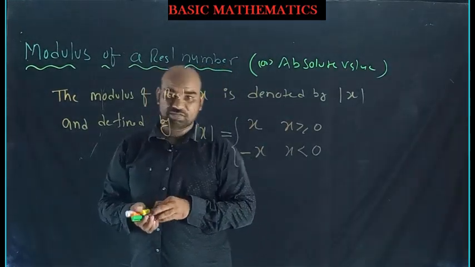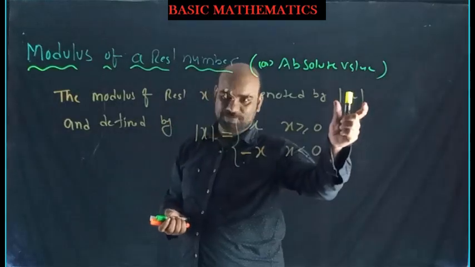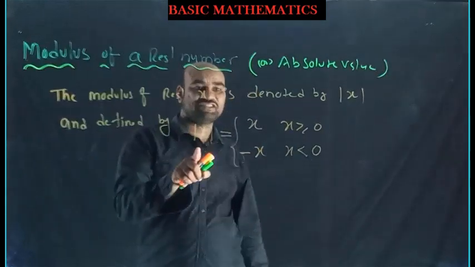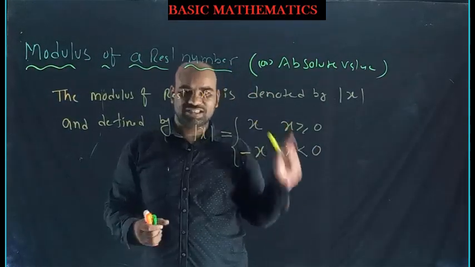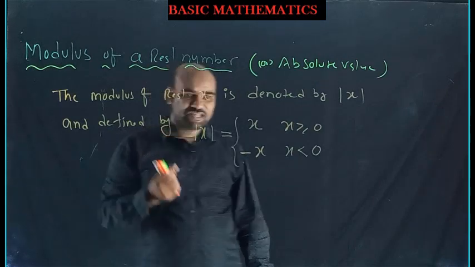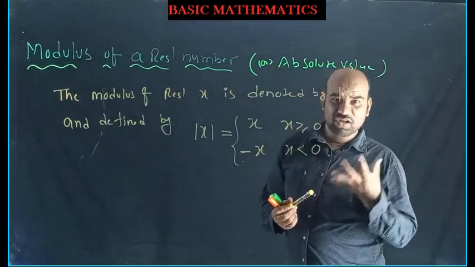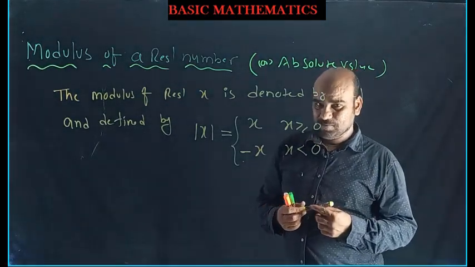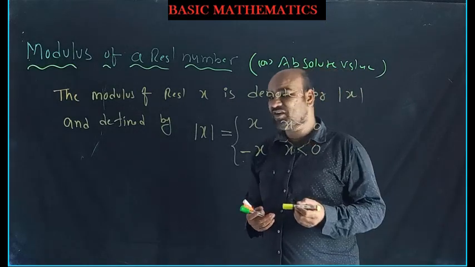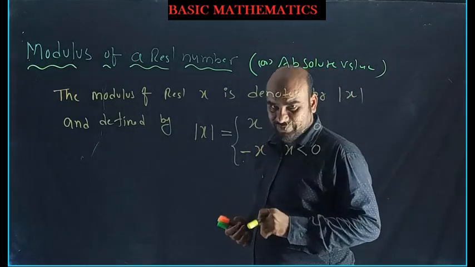x is any real number, then its modulus or absolute value is denoted by this symbol and defined as mod x equal to x for x greater than or equal to 0, mod x equal to minus x if x less than 0. So I want to explain the definition and the use of the definition. The geometrical meaning of modulus of a real number, that is important actually. Okay. First of all, I want to write what is the geometrical meaning. By using the geometrical meaning only, this algebraic definition is derived.